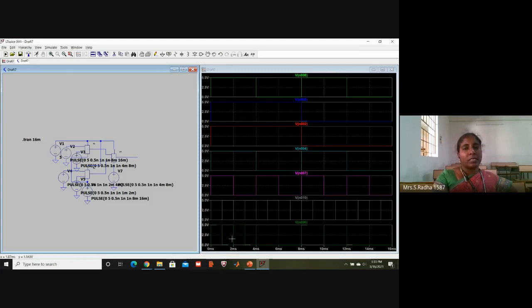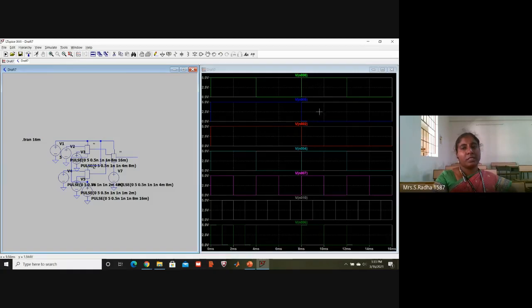How long is this happening? Up to here. This is the selection line 1 1 combination. Up to here, the fourth input is coming at the output. Next is the 0 1 combination. 0 1 means the second input. This is the second input, completely lower amplitude, 0. That is coming at the output. It is very excellent. Okay, working.